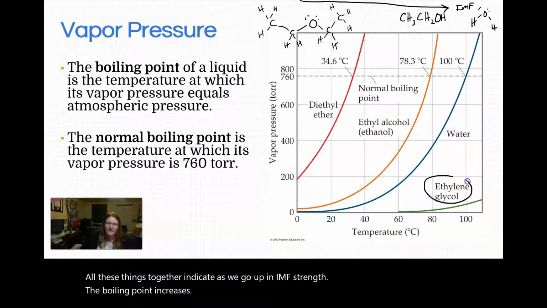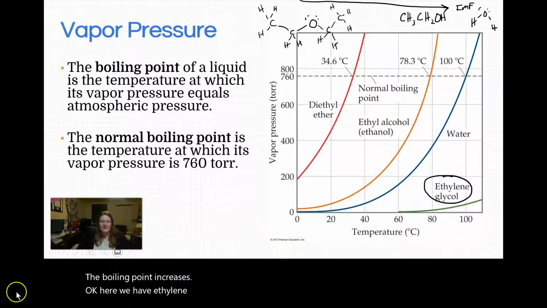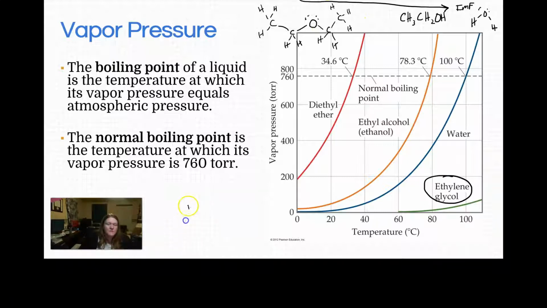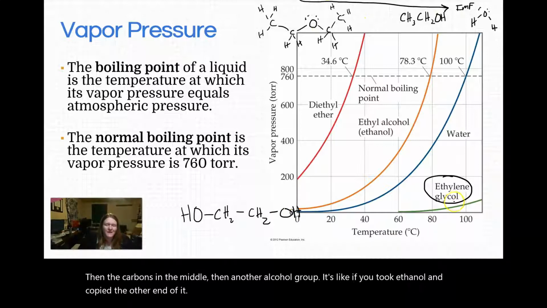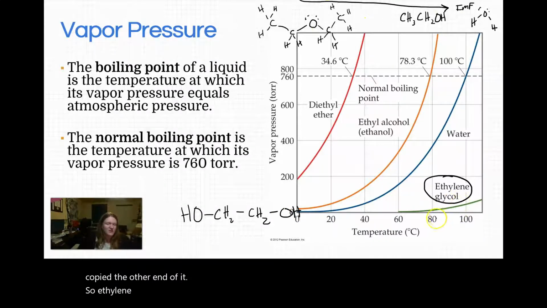Here we have ethylene glycol. That has an even higher intermolecular force because it's shaped like this. You have that alcohol group on the end, then the carbons in the middle, then another alcohol group. It's like if you took ethanol and copied the other end of it. So ethylene glycol, fondly called EG,